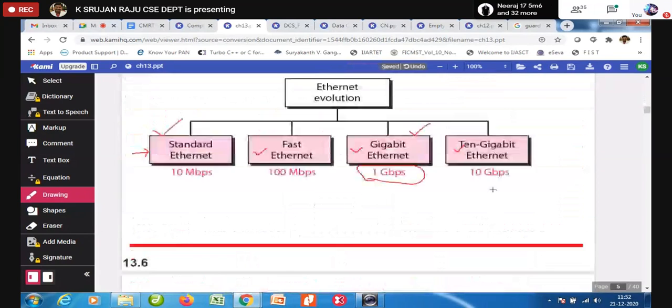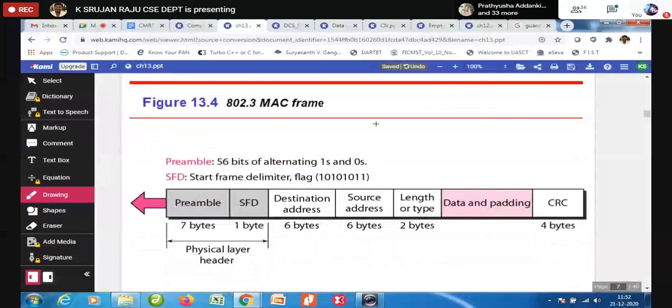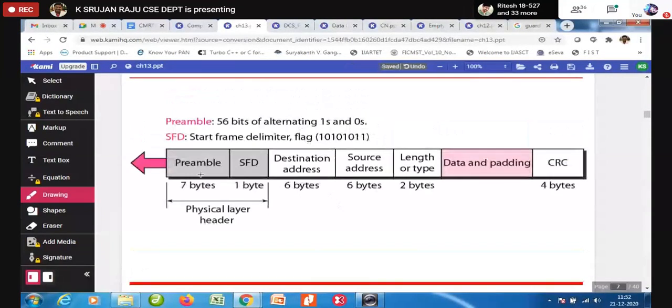Okay, now if we look at your starting, see, this is exactly 802.3. Please try to understand. This is exactly the preamble, SFD, start frame delimiter. Now this start frame delimiter, you are going to use the flags. And the preamble is 56 bits of alternating ones and zeros.